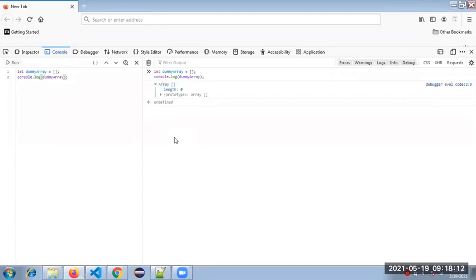Definitely, in memory allocation it will be like this, in storage. We will try to add some elements to that array.